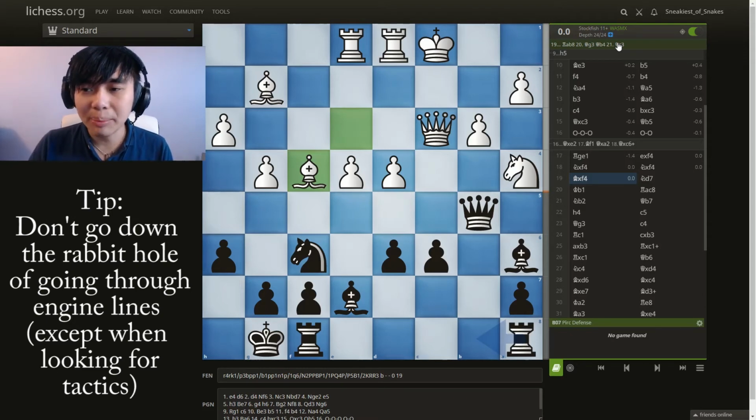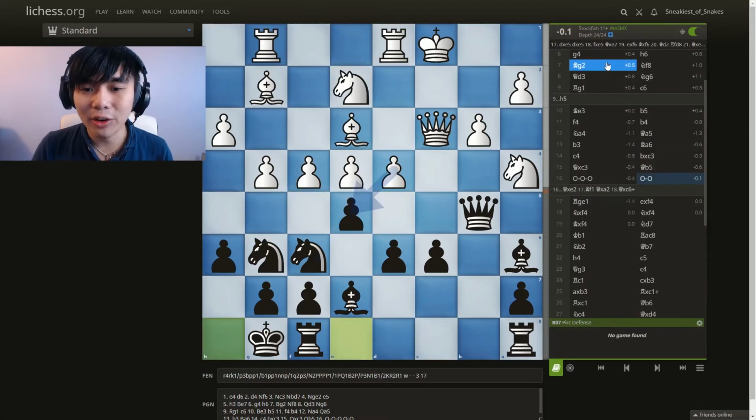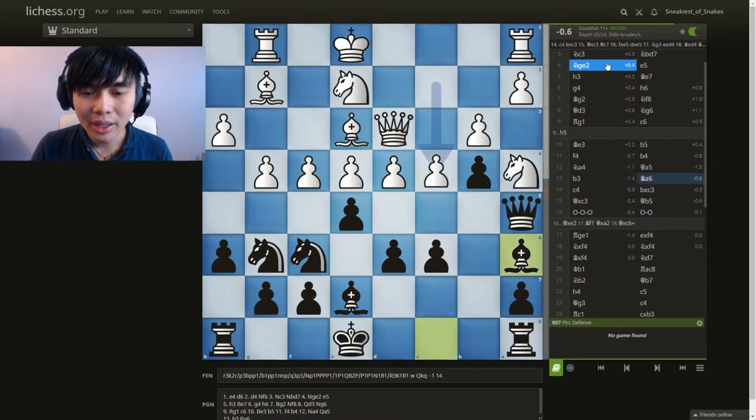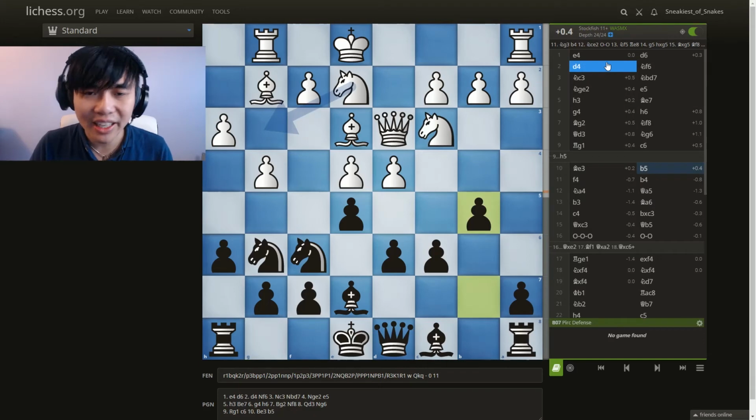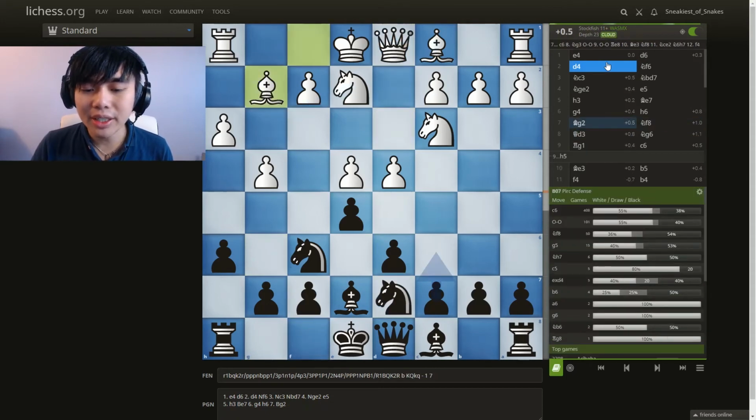I don't use the computer engine lines because these engine lines are not really moves that are important, because in this position, the odds of this specific position happening again is very unlikely. But what's more important is the ideas, right? For example, taking on f4, terrible, never do that again, right? For example, this queenside attack, very good, try to do that again, right? This knight f8, knight g6 maneuver, very good, do this again.